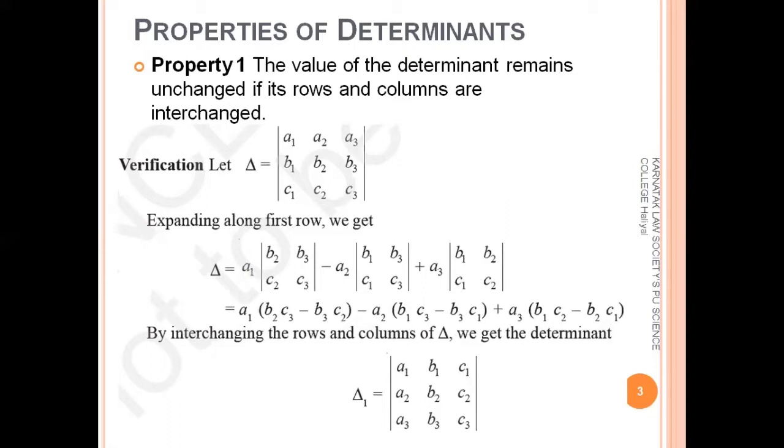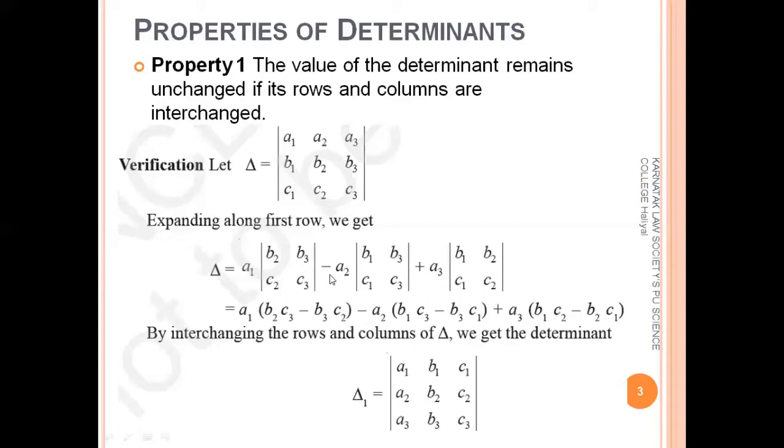Let delta, that is the determinant, be equal to A1, A2, A3, B1, B2, B3, C1, C2 and C3. We need to expand along the first row. You may also expand along R2 or R3. Here we expand along the first row, that is A1, A2 and A3. The first term is A1. A1 into, deleting that row and column, we get the second order determinant, that is B2, B3, C2 and C3,